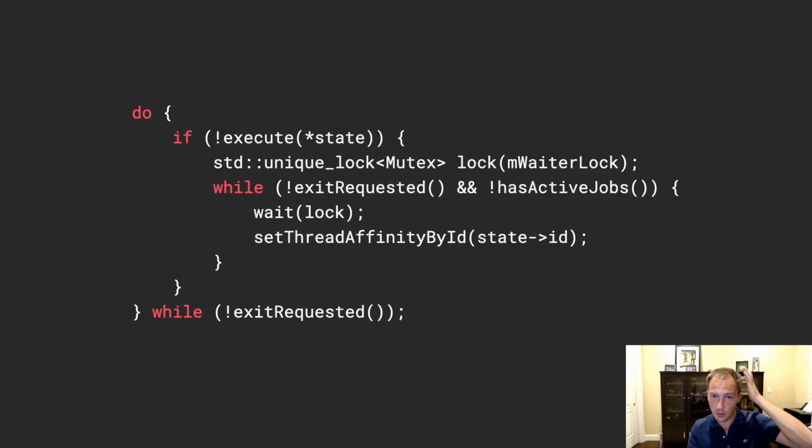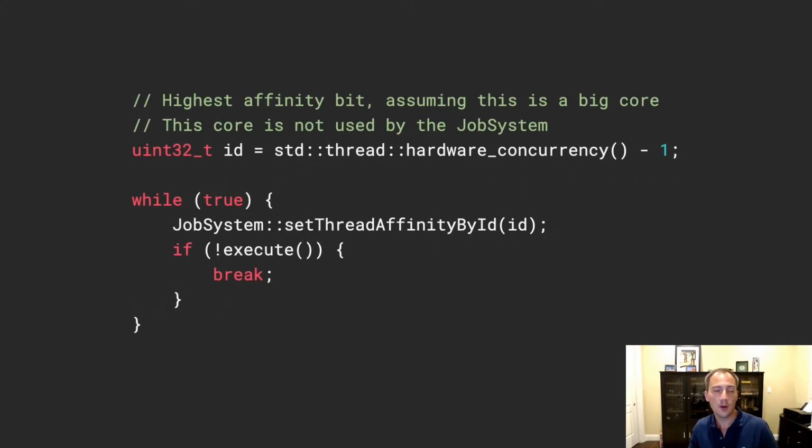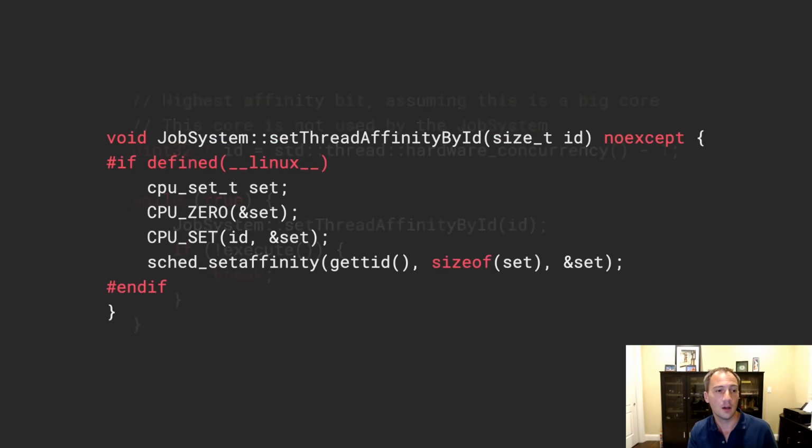So here's what the code looks like. This is the core loop of every thread. Every time a thread wakes up, we set the affinity again because on Android, the CPU can get unplugged for power reasons, and that resets the affinity. On the driver thread, we have a heuristic to try to pick a big core. And same thing, whenever the driver thread wakes up, before we execute the command queue, we set the affinity again. And this is what the code looks like on Android to set the affinity. It's pretty simple, and again, we'll release the slides, or you can go look at our source code.